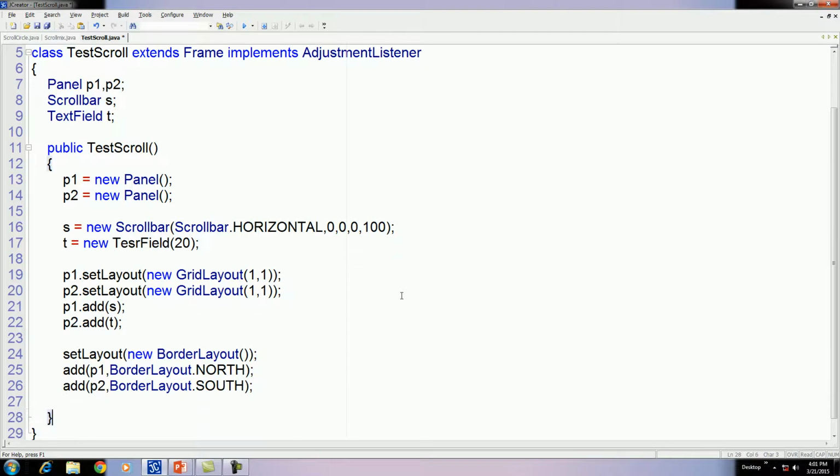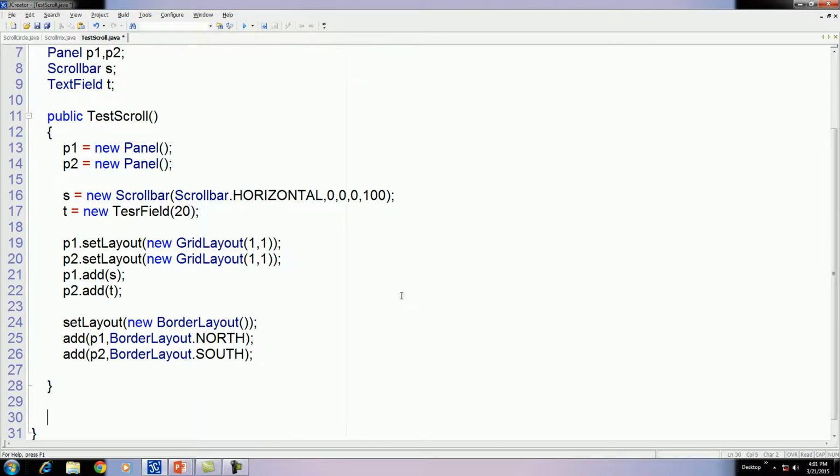After that, let us give the event. As we have seen, the event is adjustmentValueChanged, and the class is AdjustmentEvent.